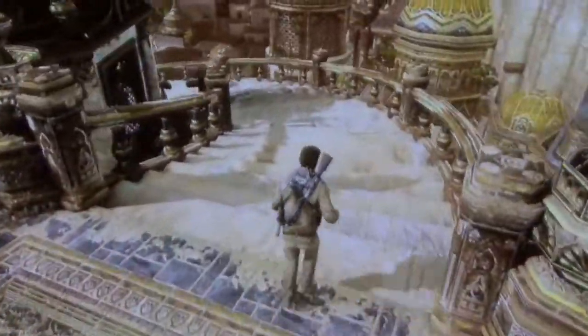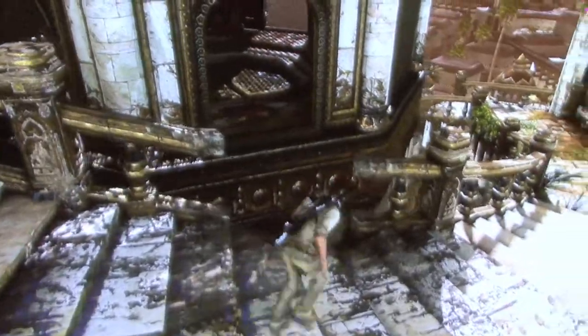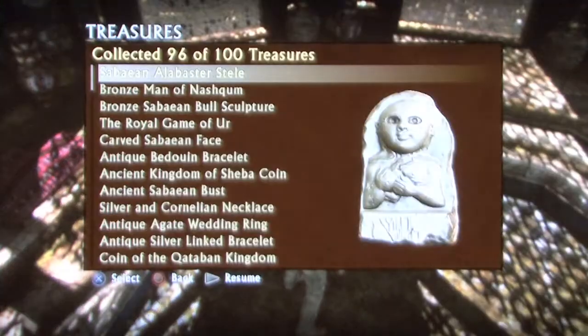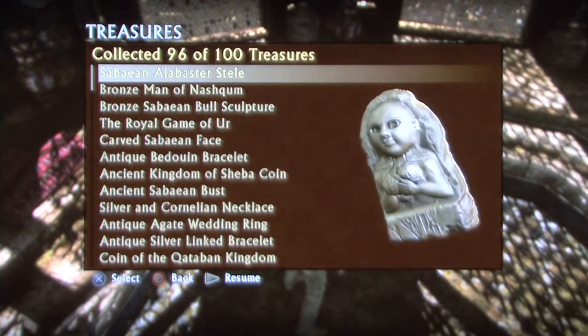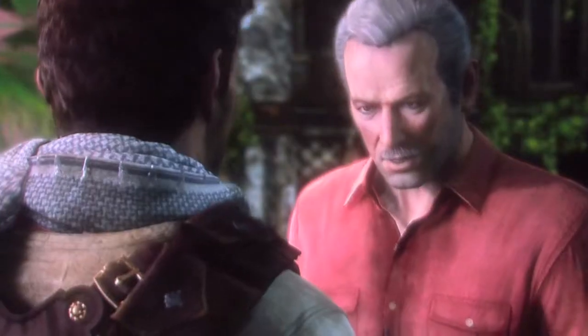If you continue down the stairway on the right this time, you will notice halfway down there is a gap in the railing. You can jump into a tower and you will find the next treasure on the floor in the tower. That is terrifying. It's a Sabaean alabaster stele, whatever, it is creepy. At this point, you'll drink some cursed water, witness a solar eclipse, see Sully get shot,